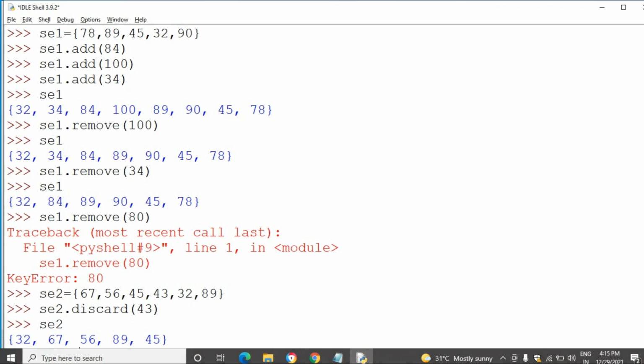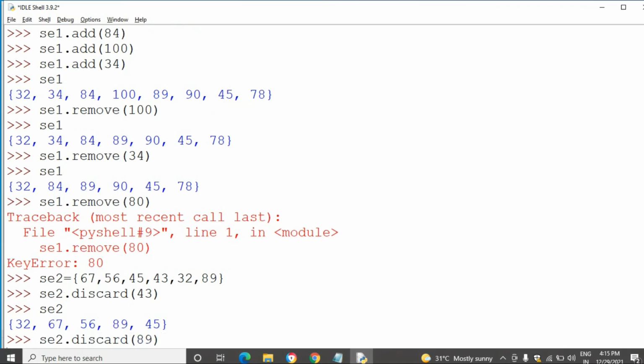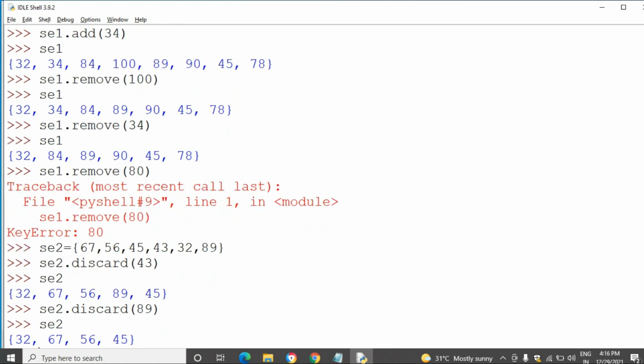Okay, then I want to remove one more element also, set2.discard(89). Then print set2. See, the 89 is also removed from the set.